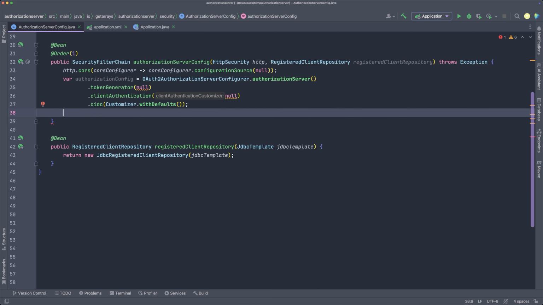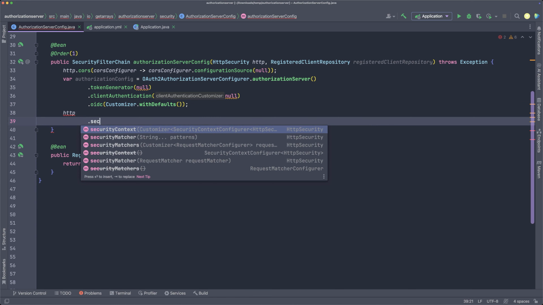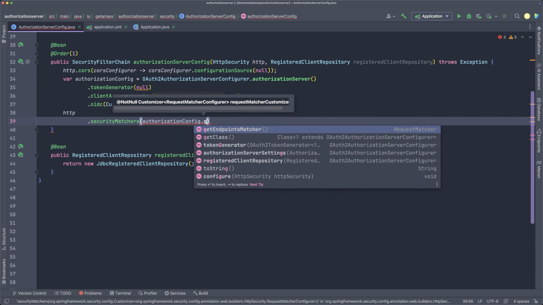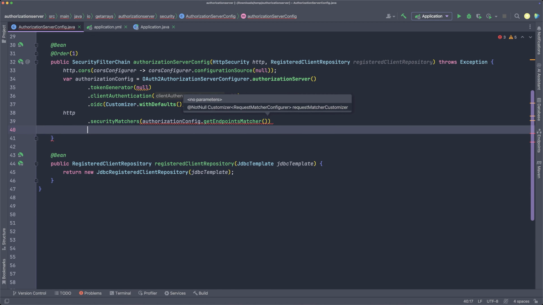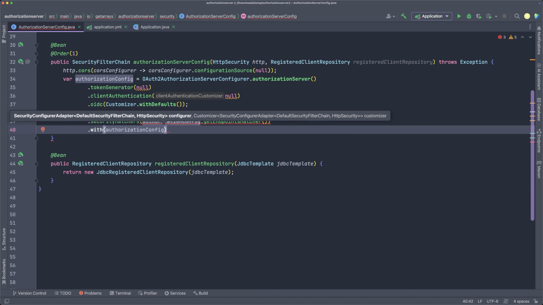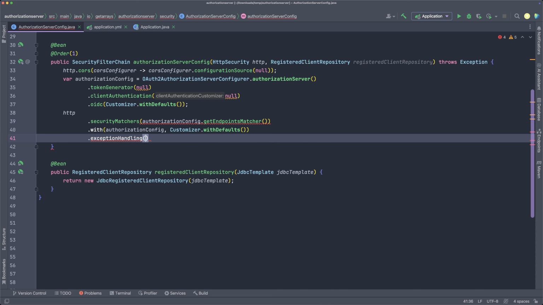And then we need to say http and pass in security matchers, and then we need to pass in the configuration that gets the endpoints matchers. And then we have to say with, this configuration changes all the time, so I'm sure if you're watching this video a little later, it's gonna be different. And then you're gonna say withDefaults, and then we need to pass in some exception handling, which is pretty important. So we're gonna say exceptions